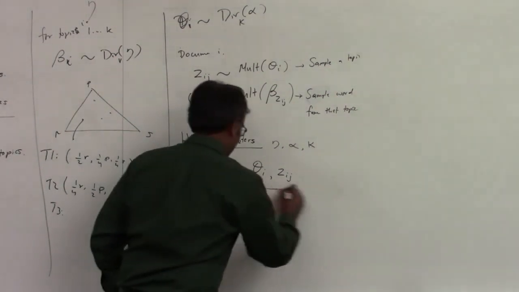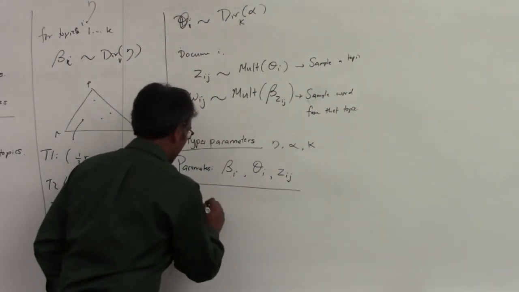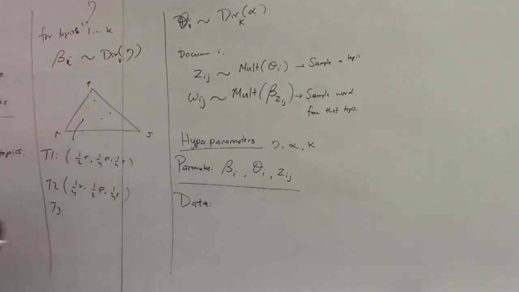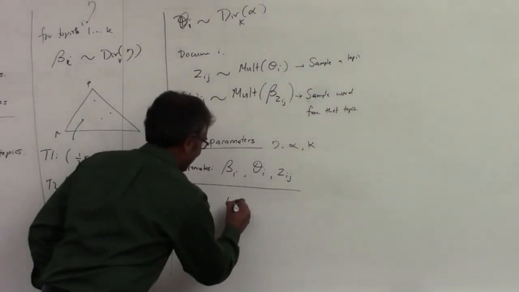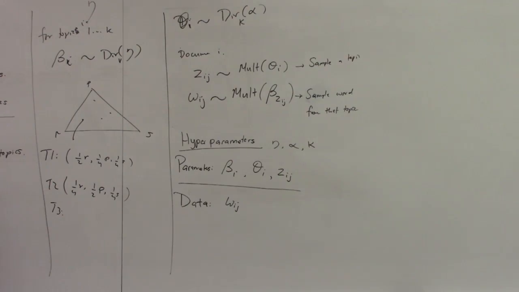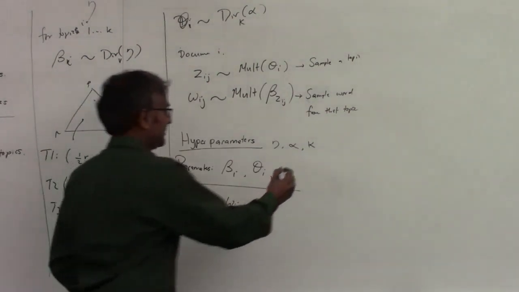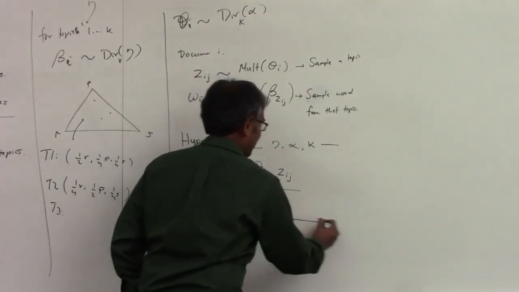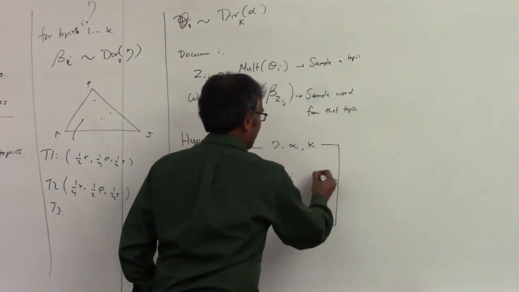And the actual data you have, what's the data you have? Of course, in any actual LDA problem, I'm giving you some documents. I'm saying, okay, cluster them. So what's my data in this notation? What is the other thing I actually have? Words. And the goal of LDA is to take the hyperparameters and the data and recover the parameters.